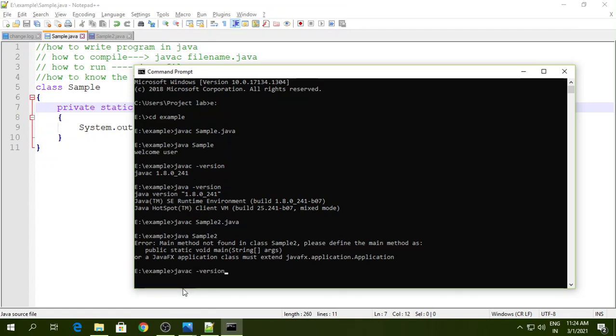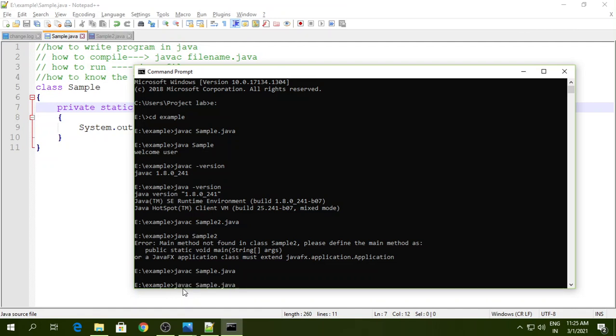The name of the file is Sample.java. If you observe, the file is successfully compiled. What I did was just change the method from public to private.